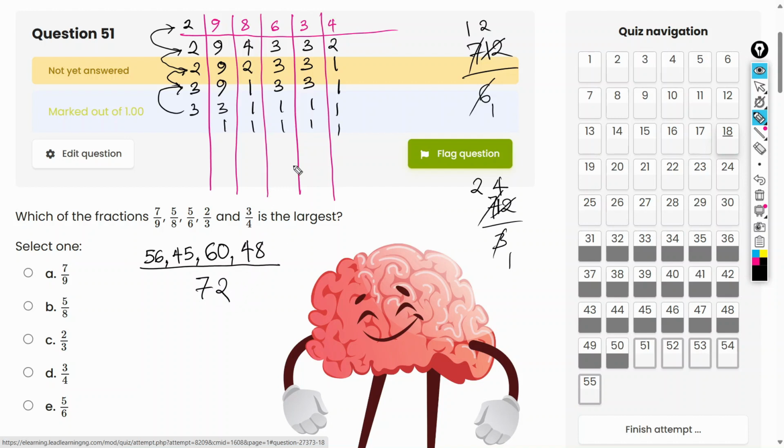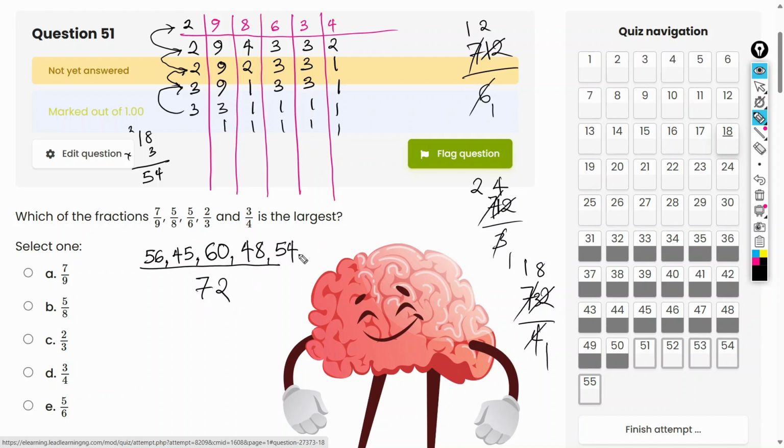And then 4 into 72. So 72 divided by 4. 4 into 4 is 1. 4 into 7 is 1. Remember 3. 4 into 32 is 8. So that's 18. 4 into 72 is 18. 18 times 3. 3 times 8 is 24, 4 carry 2. 3 times 1 is 3 plus 2, that's 5. So that's 54. So now we have 56 out of 72, 45 out of 72, 60 out of 72, 48